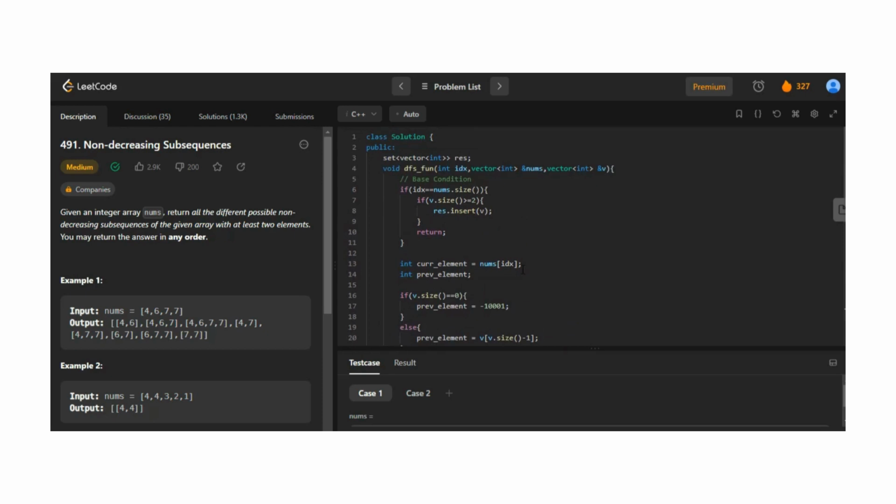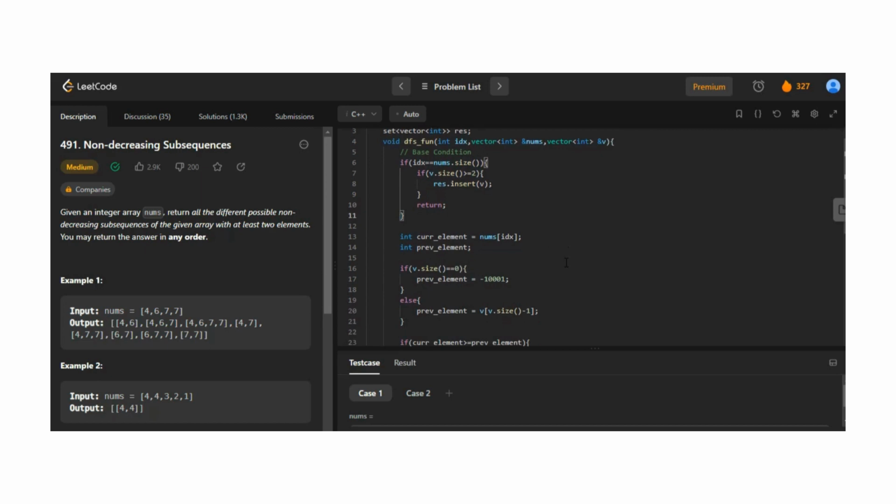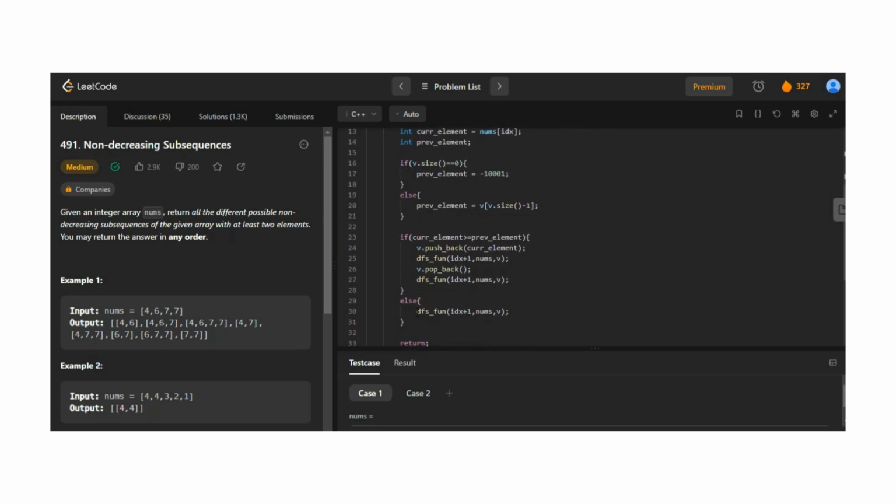So this problem is purely based on backtracking and recursion. To solve this problem, first we need to think in terms of the base condition and some of the edge cases. The edge cases are that it contains duplicate values, and whenever the previous element, or we can say the element already present at the end of the vector, should be less than the current element. If it is not, then we simply make the recursive call. So these two to three points that I have mentioned in the explanation part need to be handled to solve this problem successfully.